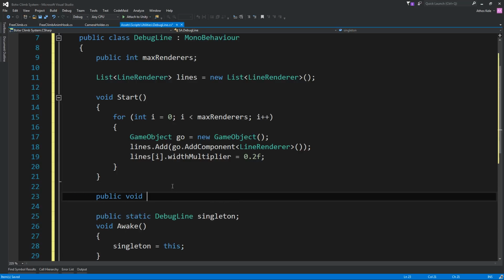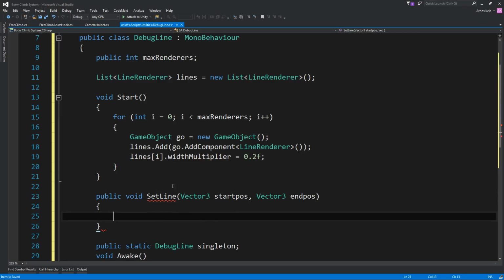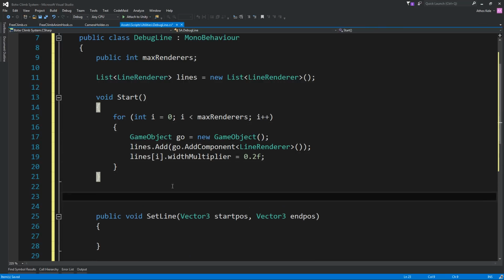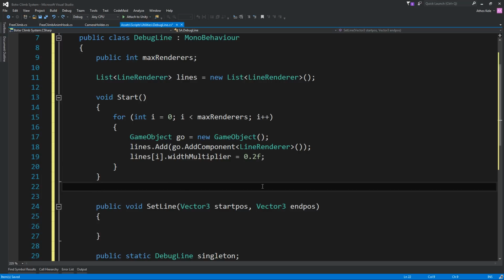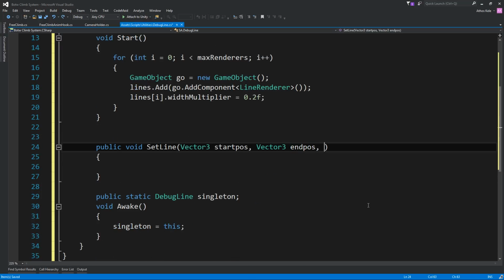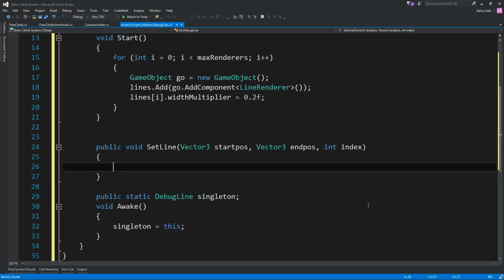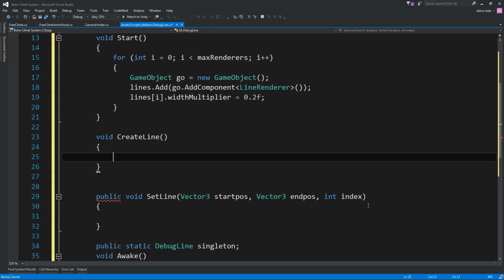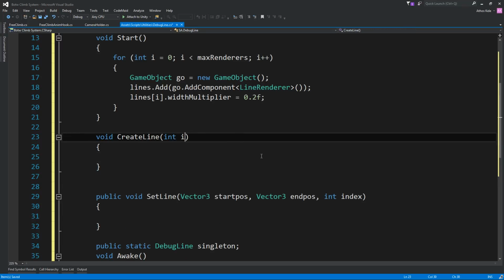And also say public void set line, start position and position. Now let's see. Oh, we can have the index over here. Just pass the index and say, maybe encapsulate this, void create line, integer i.